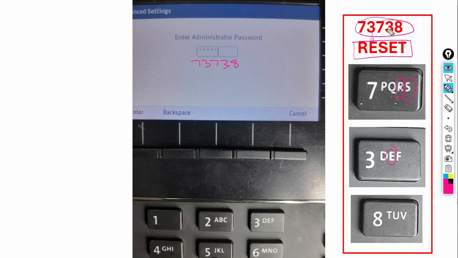And when you click the second 3, it's going to represent E again. And finally, when you enter 8, it's going to represent this T, which is going to make up the word reset. So if you find it difficult to remember the passcode 73738, you can just remember reset. So if you just go onto your phone on the dial pad and you punch in the keys reset, which is RESET,